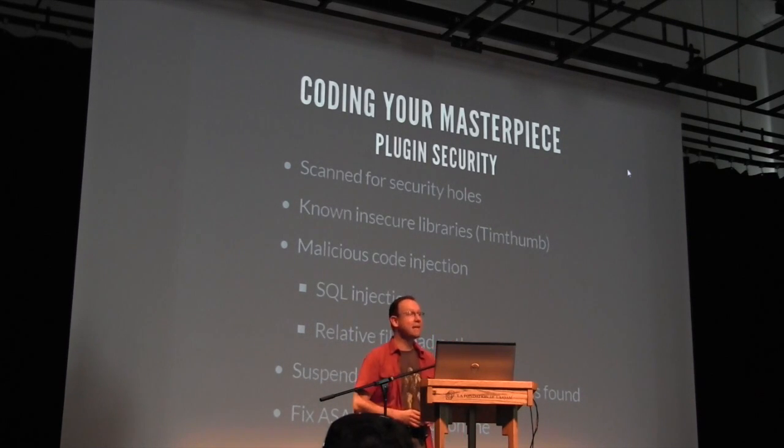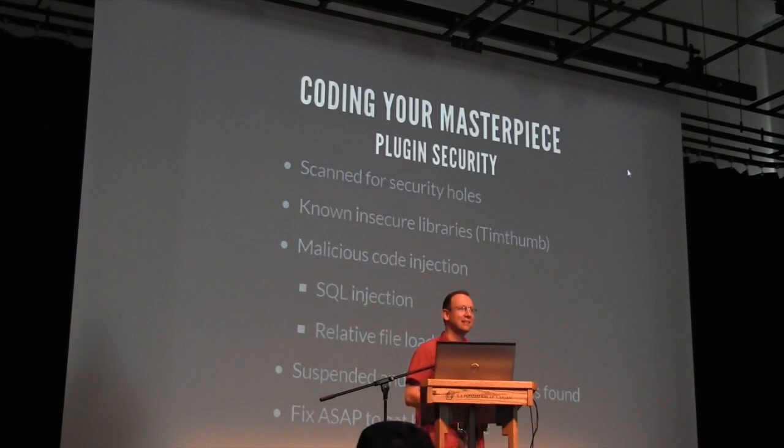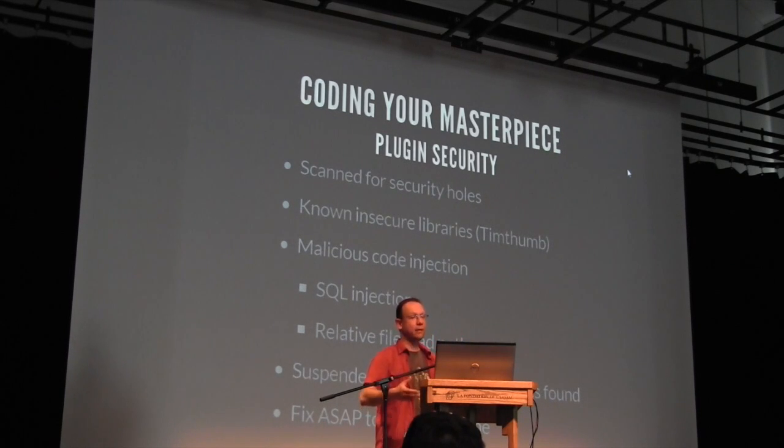Now, when I said that you get suspended if you introduce a security issue in one of your plugins, what suspension means in WordPress.org terms is your plugin disappears from the face of the earth. So somebody who knows your plugin and tries to go to its page will just get a page saying this plugin does not exist. It's a bit harsh. I understand their concerns, but from a plugin developer's point of view, it's like, well, let's get going and fix these things so that you can get back. So then you can go back, modify your code, resubmit, email them telling them your code is ready to look at, and then they will come back and reestablish your plugin online.